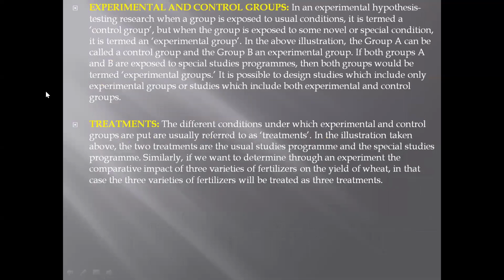Then moving on further, we have experimental and control groups. My dear, generally whenever you conduct a research, your variables are exposed to usual conditions. तो जब भी आप रिसर्च करते हैं यूजुअल कंडीशंस के अंदर, यानी नॉर्मल कंडीशंस के अंदर, तो वो टर्म कहलाती है कंट्रोल ग्रुप। बट जब आप रिसर्च करते हैं अंडर सम स्पेशल कंडीशंस, देन दैट टर्म इज कॉल्ड एज एक्सपेरिमेंटल ग्रुप। फॉर एग्जांपल, अगर आप लेट्स से 6 महीने पहले आप कोई रिसर्च करते कि यू आर ट्राइंग टू एग्जामिन द सेल्स ऑफ योर प्रोडक्ट in a particular shop, then it would have been a controlled group research.